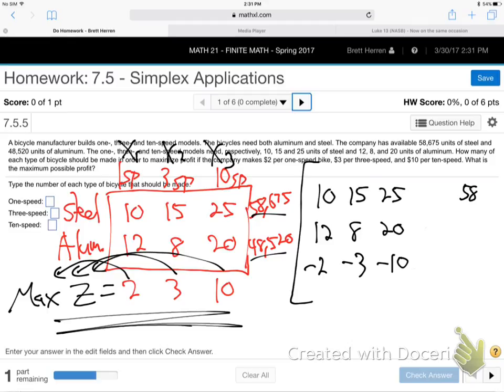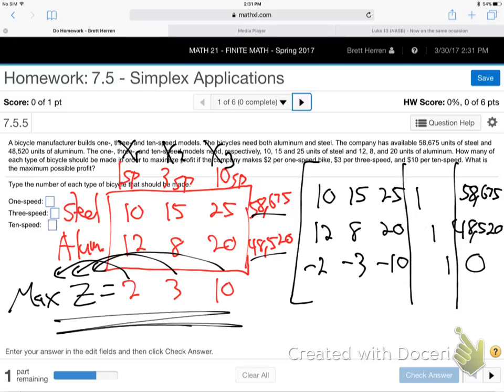That'll be the 58,675. Is that on the screen? Yeah, good. And the 48,520, and 0. The Z is always 0. Basically it's the identity matrix. Let me make this really clear. It's ones down the diagonal, and zeros everywhere else. Make sense? So once you've filled in the numbers from your equations, the 10, 15, 25, 12, 8, 20,